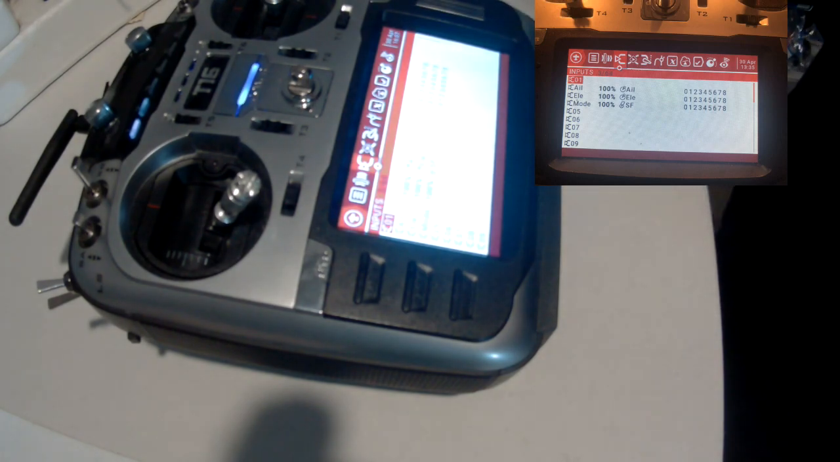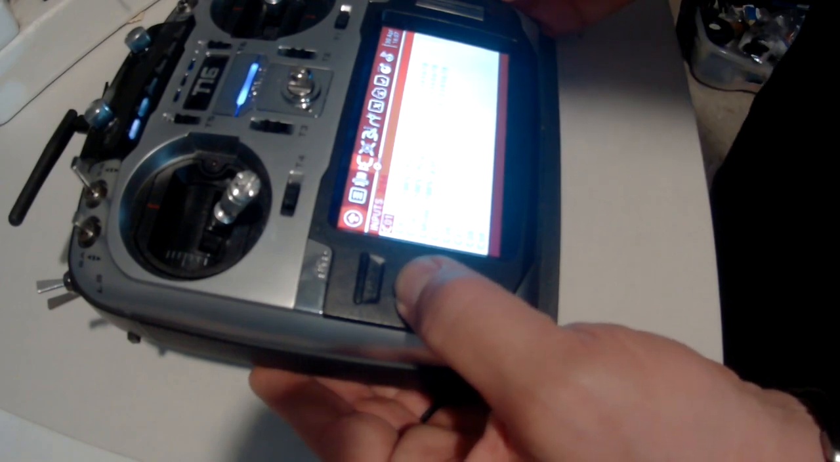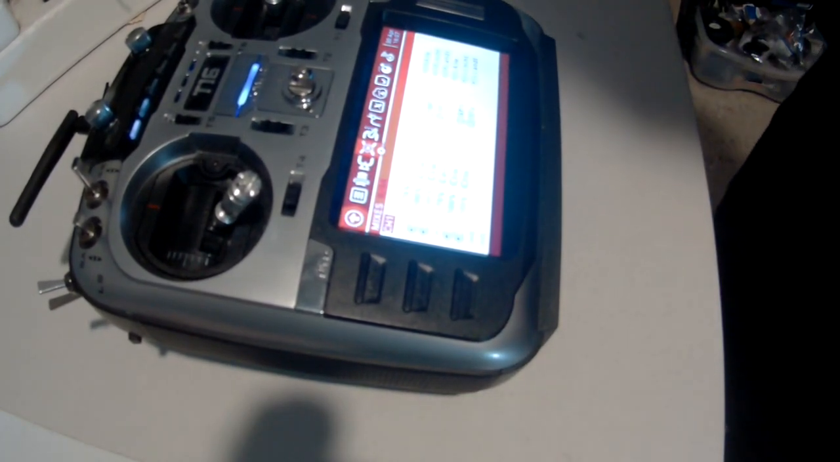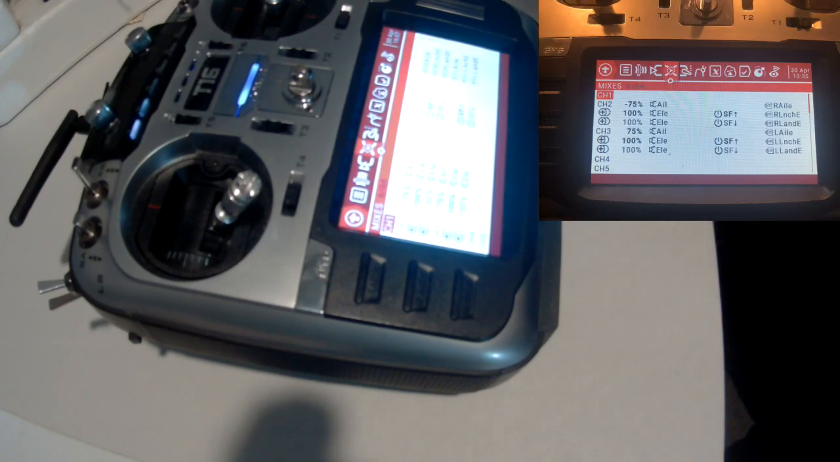So I'm just going to assign switch F to it, which is the lower left switch on this radio. So paging up one more time to mixes. What I have done here is you can see, looking at channel 2, that aileron, and I've tuned it down just a little bit because I don't need as much aileron as I need elevator on a Delta Wing, because